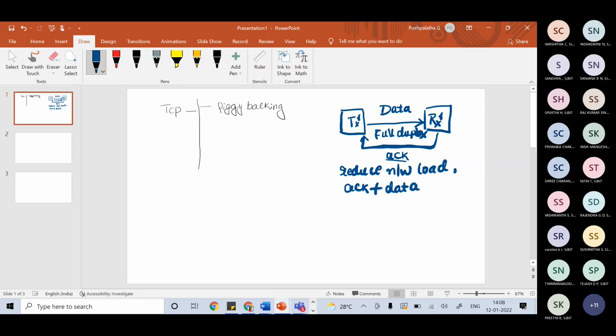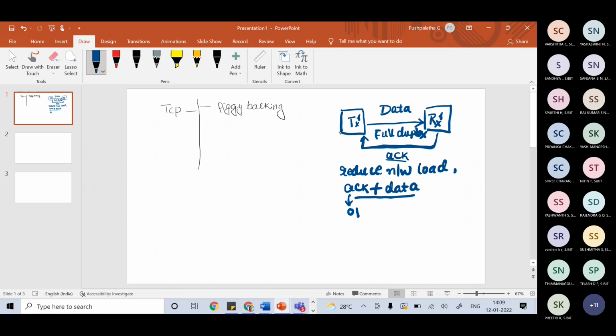So in such a situation, what you can do is add some information and inform the sender that along with the acknowledgement I am also sending some part of data. If you are sending acknowledgement plus data, you are piggybacking, that is, you are sending the data along with your acknowledgement, because the acknowledgement you will be sending is for, say, packet 1. So that will be intimated to the transmitter.